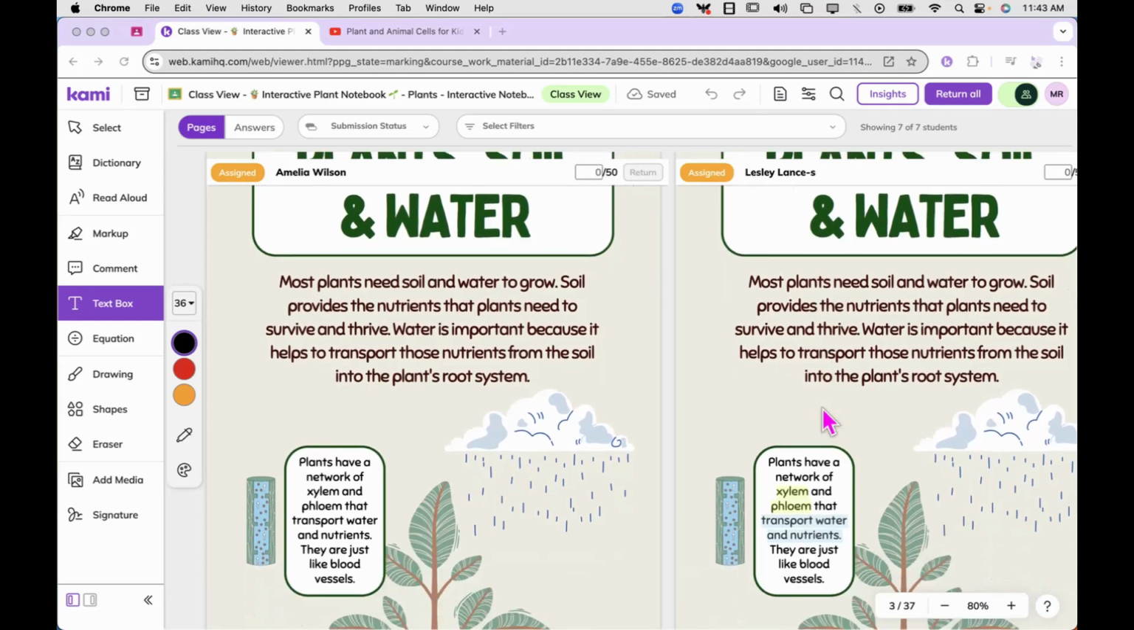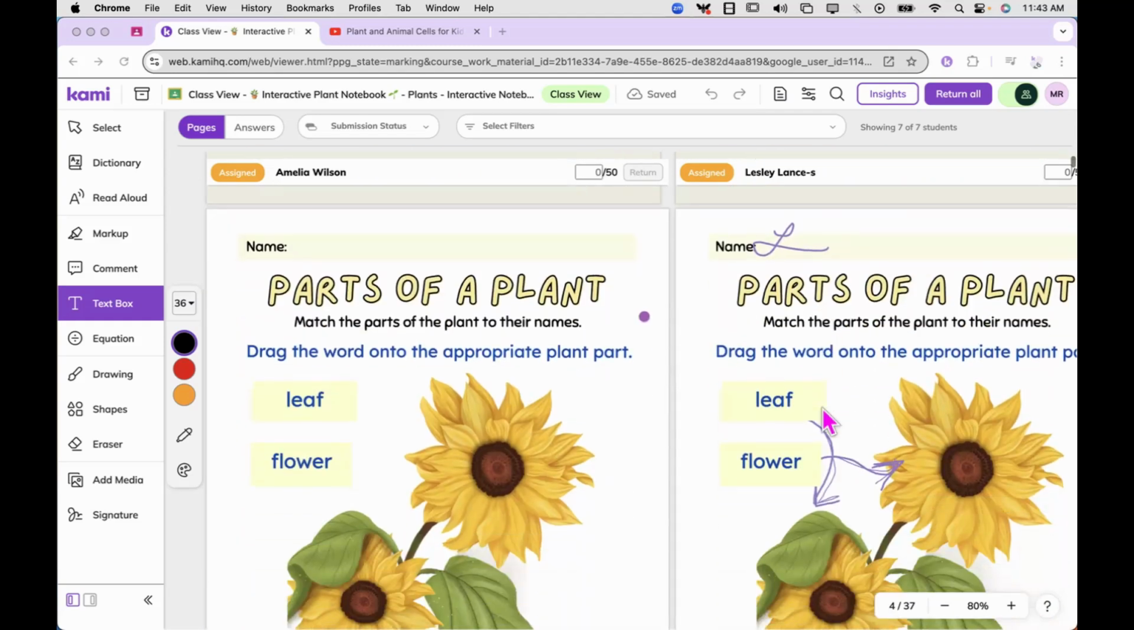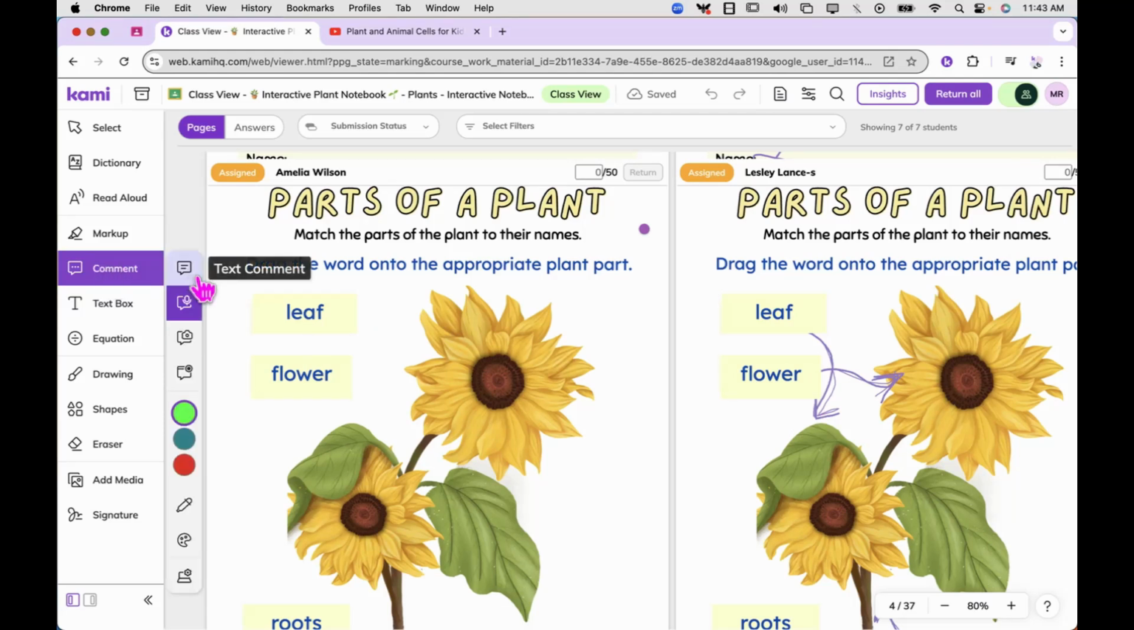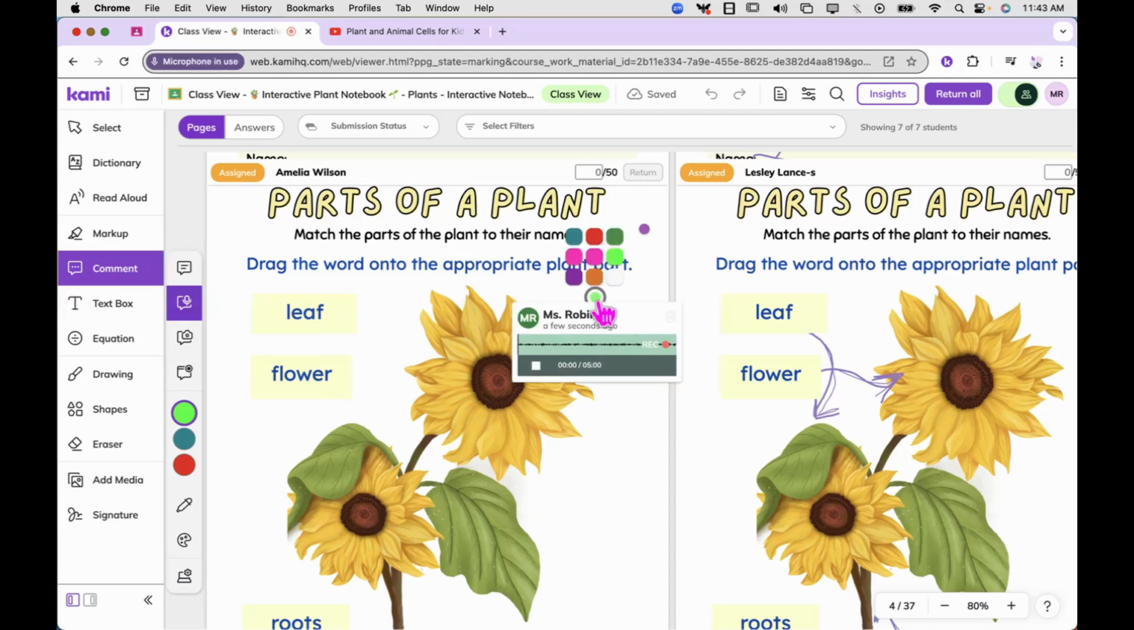Now, let's look at the power of Class View to give individualized feedback. I can always use the comment tool on the left to be able to give text comments, voice comments, video comments, or even screen capture comments in which I record my whole screen to show students how to do something. So if Amelia here isn't sure how to do something and she hasn't gotten started yet, I can actually head over to the comment tool to voice comment, and then I can record and say,